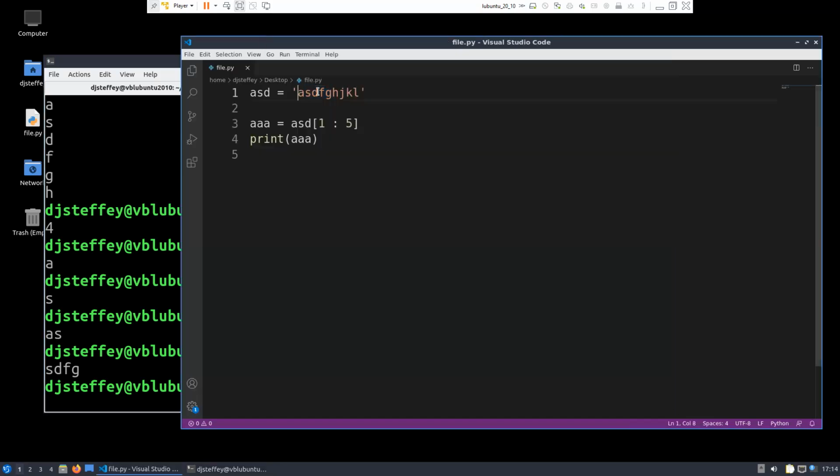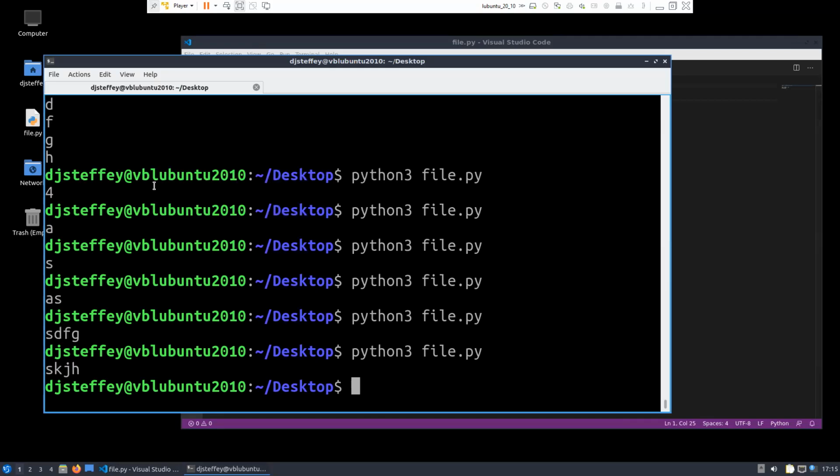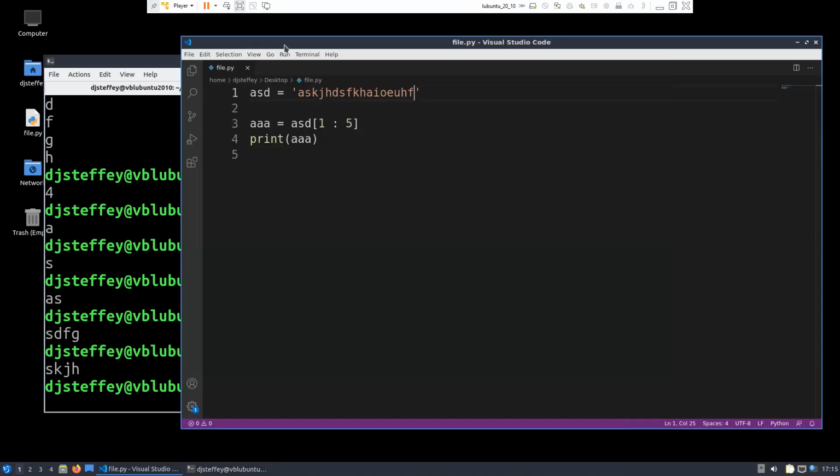And of course, the nice thing about this is we can change this original string however we want, and we don't have to modify any of the other code. It still maintains those same positions in the string. Let's run it, and now those letters are SKJH. The thing you must be